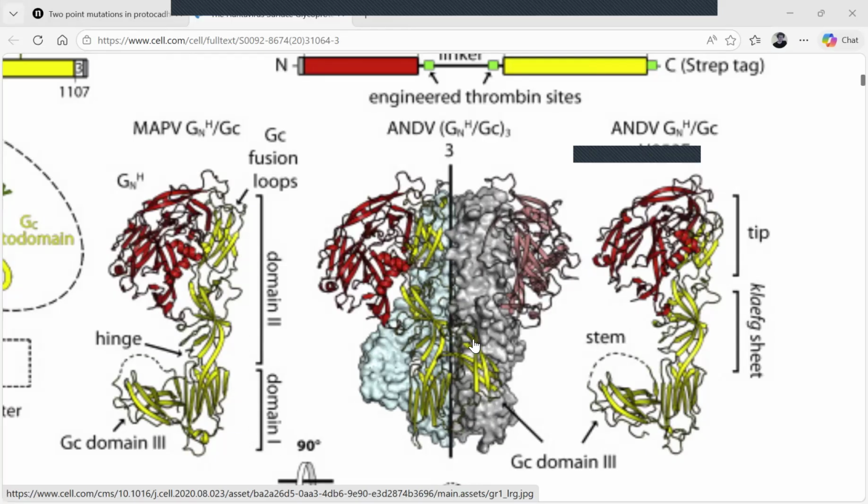So this is domain 1, this is domain 3, this is domain 2. And this is the tip, what's called the tip. All right, so we're looking at the tip, and then we're talking about some of this in the actual